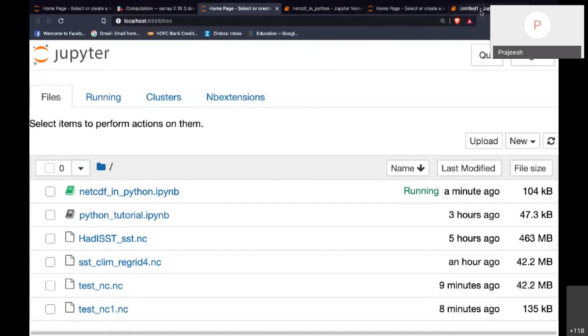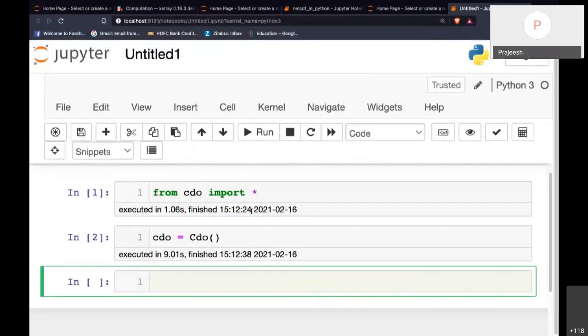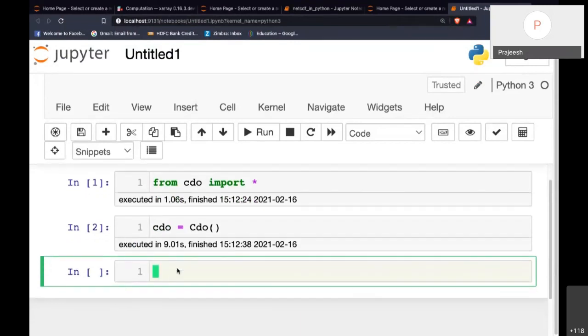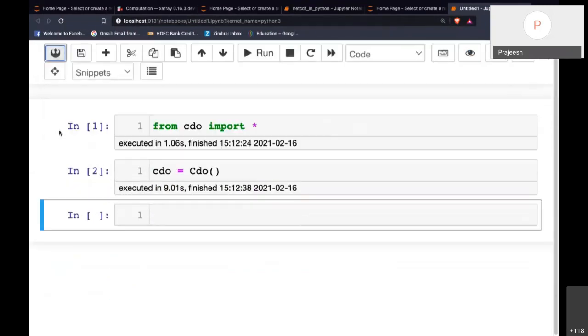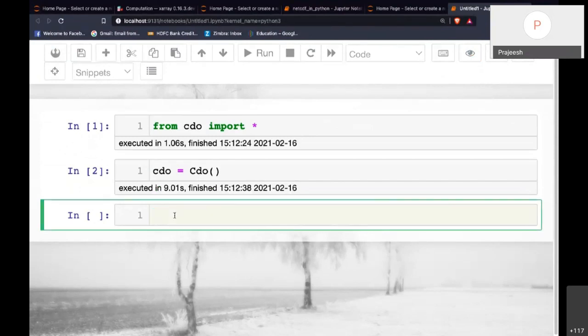Maybe I have to use some other packages, which I mean, I'm not going to spend time on that. Maybe I'll show you some examples of using CDO in another system which I have connected here.